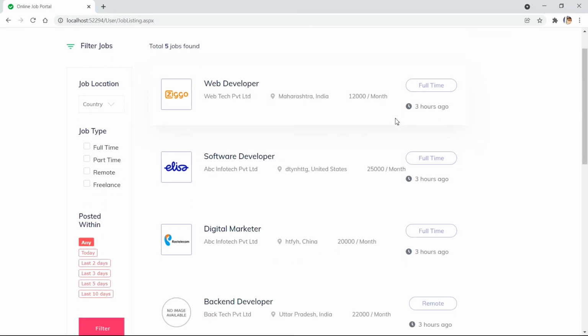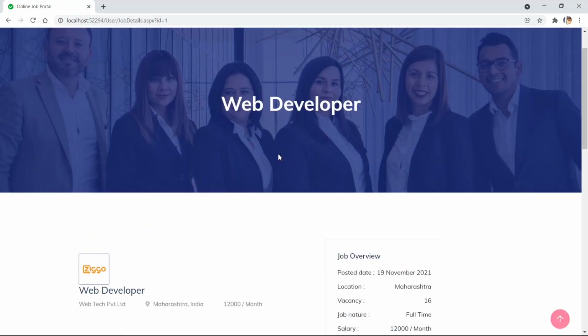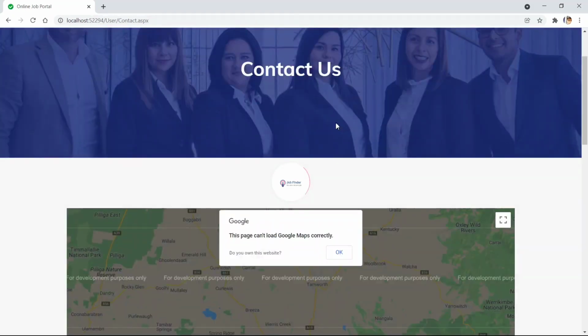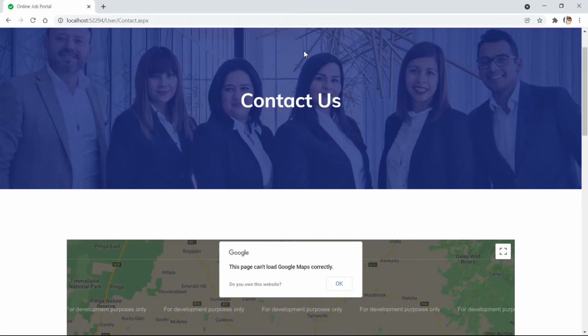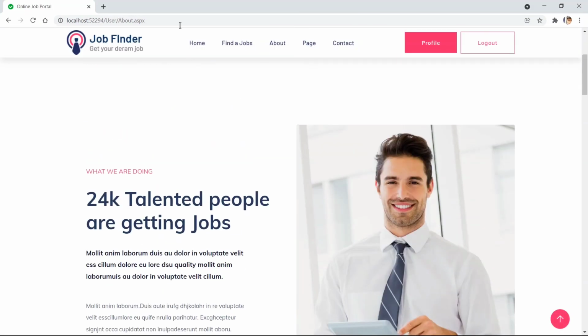This user has applied for the first three jobs, and when we click on this, we can see applied. That means it's working perfectly. Okay, we have seen the contact page, the about page is already done, and the home page and your job page are also done.